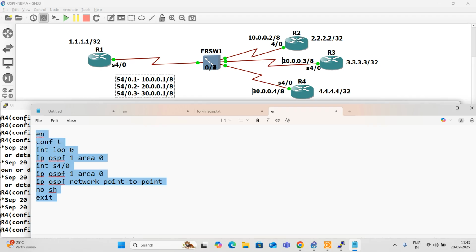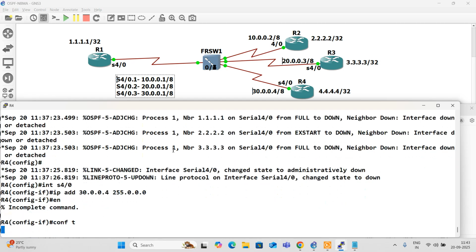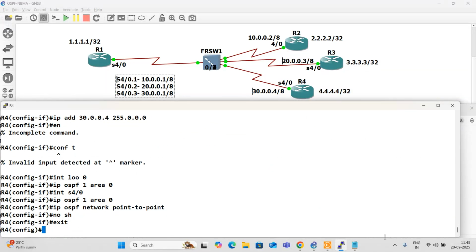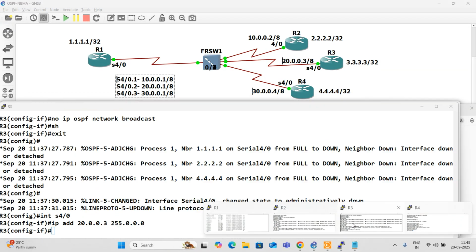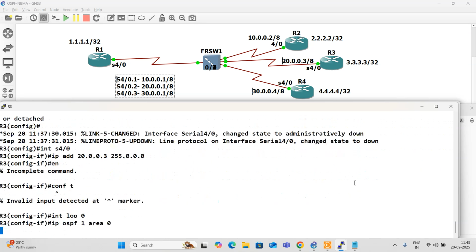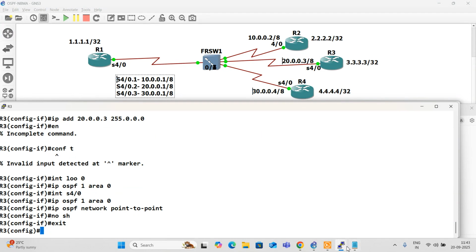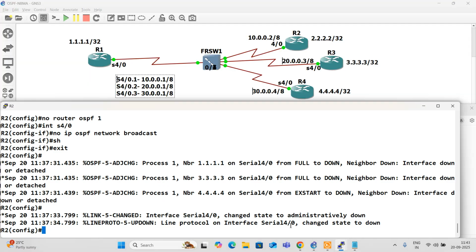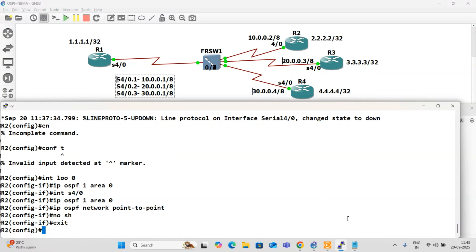This goes on 2, 3 and 4. 2, 3 and 4 don't have any sub-interface. Alright, on 4 it is done. 3 also it is done. 2 also it is done.